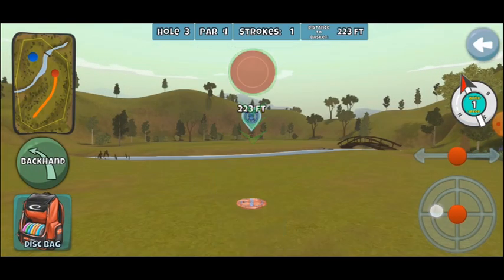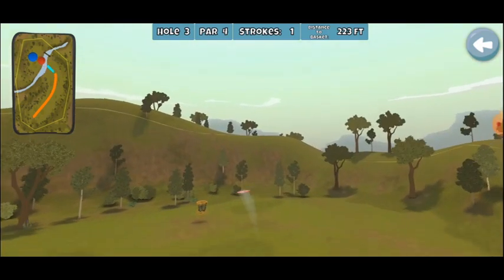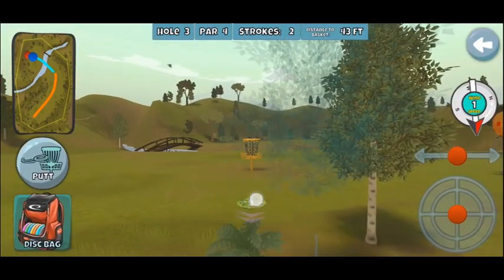So 223, it's just going to be an anchor shot. I don't want it to go too far, so we'll opt with the sticky. We'll throw it out way to the right. And, tracked nicely. Yeah, a little more skid. Where is the stickiness on this? Come on. Oh, well, I can...